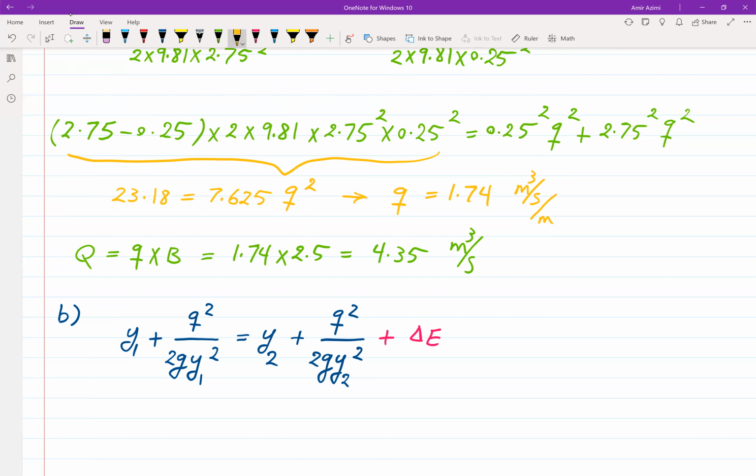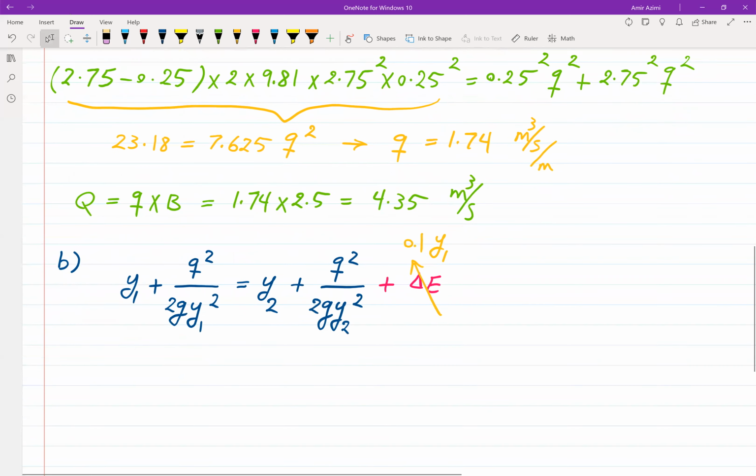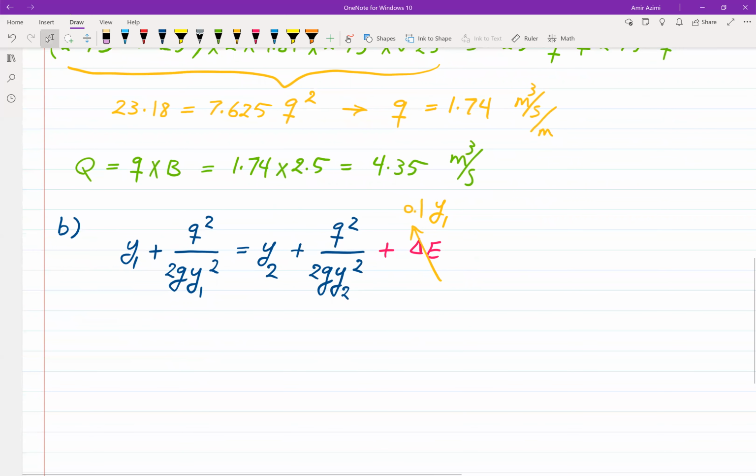For energy loss, I use 0.1 y1. Okay, so same as part A, you have all the known values except the discharge. So we can replace all the values,